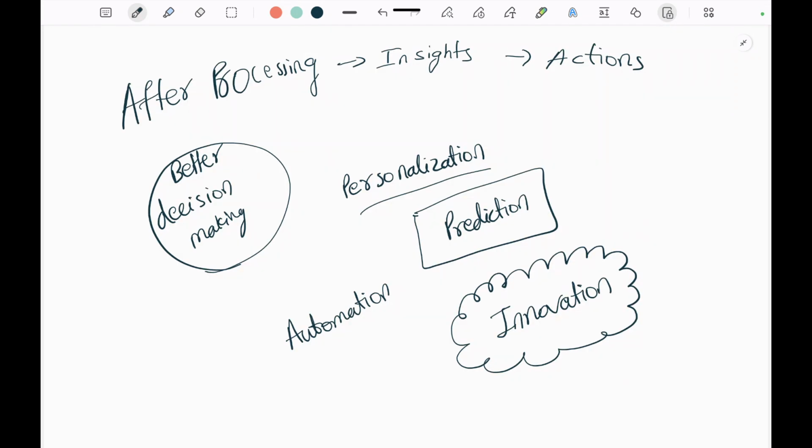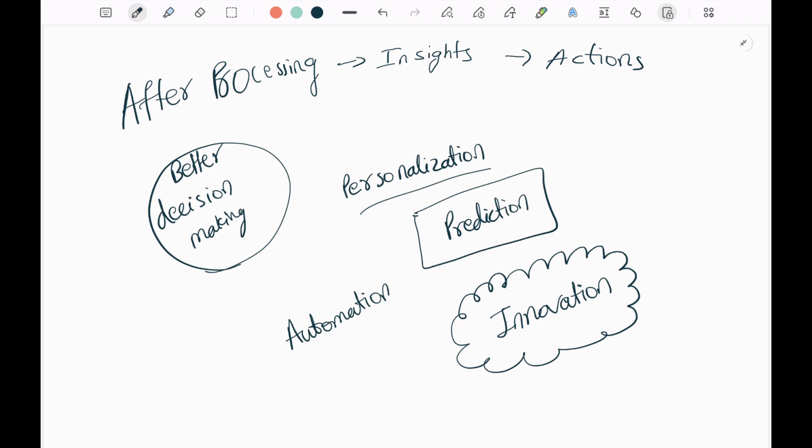So this is the so what part. What do we use big data for after processing? After processing big data, we use it for better decision making. Companies look at dashboards and KPIs to make smarter choices. Then personalization, like recommendations, customized ads, and tailored content.